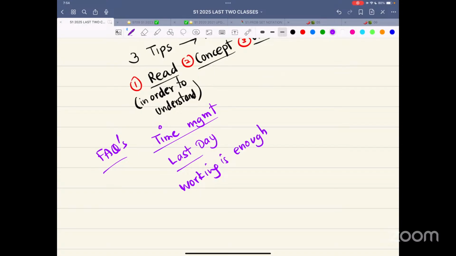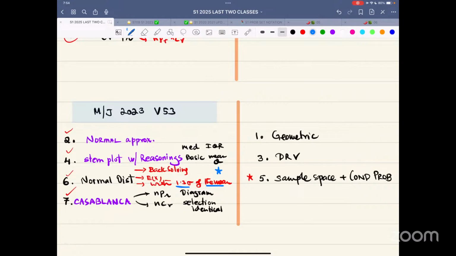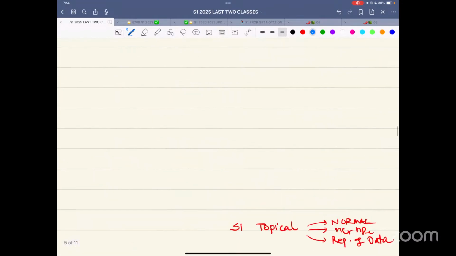Is the working given in the mark scheme, is it enough? Definitely not. So these were the 3 things that I focused on. So I'll be talking about these things also over here. So don't worry about that. You can watch the reel a little bit later. So now coming back to this